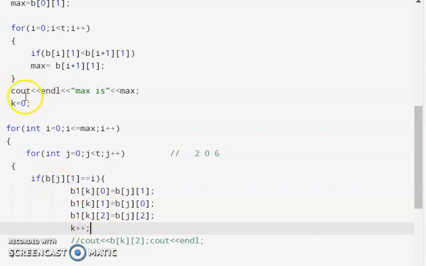The only thing is that you need to identify the maximum value until which our comparison has to take place so that we can get the sorted index. If we skip all these steps like this comparison and all, we will still get the transpose. The only difference is we will not get the sorted transpose. We are just interchanging columns 0 and 1 and the value will be the same.